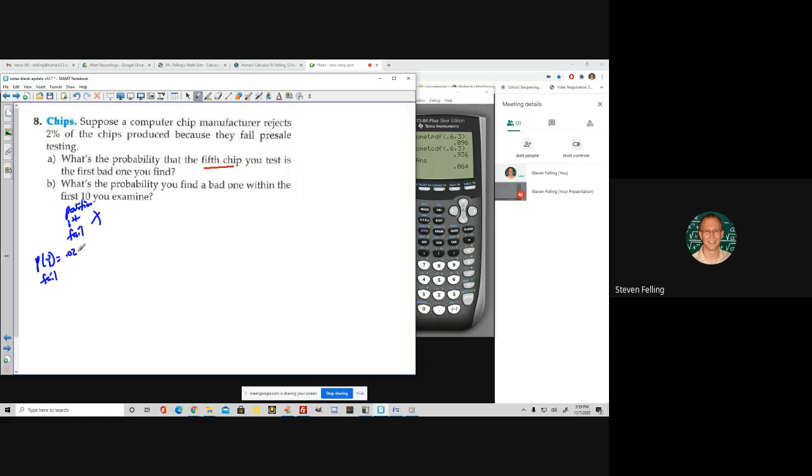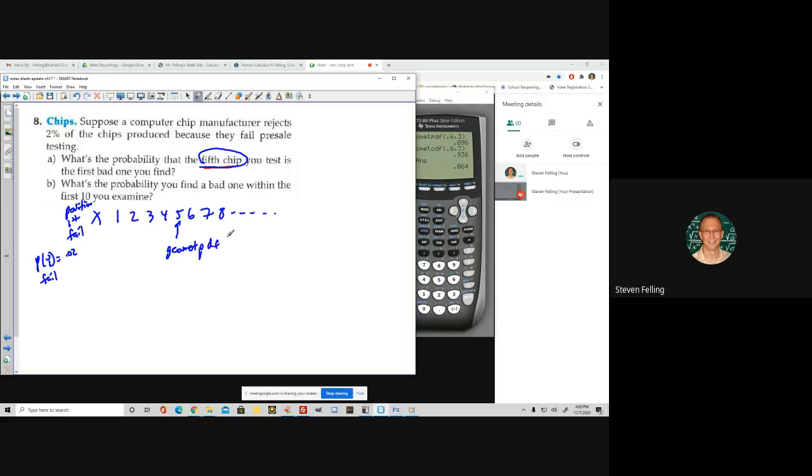All right? So it could fail on the first chip, second chip, third chip, fourth chip, fifth chip, sixth chip, seventh chip, eighth chip, keep going forever, right? What's the probability that exactly the 5th chip is the first one to fail? So that one is going to be geometric